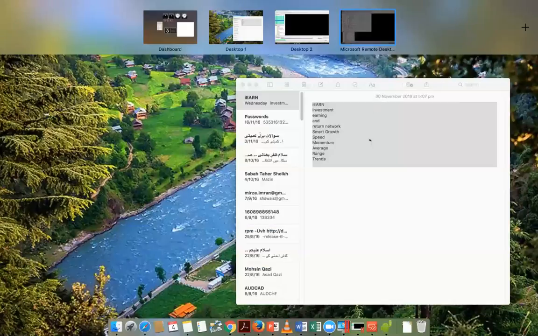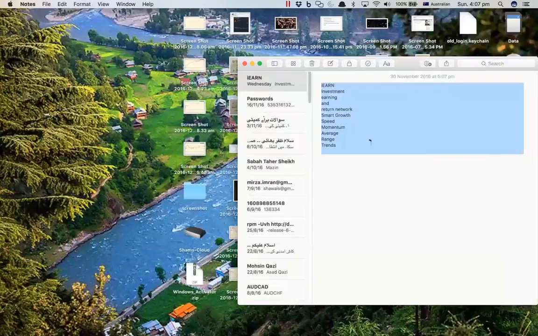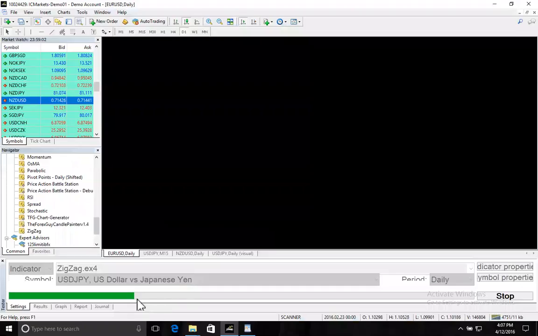Okay, I will paste this one later on because it's very hard to copy from there. Right. So as you can see, it's doing this